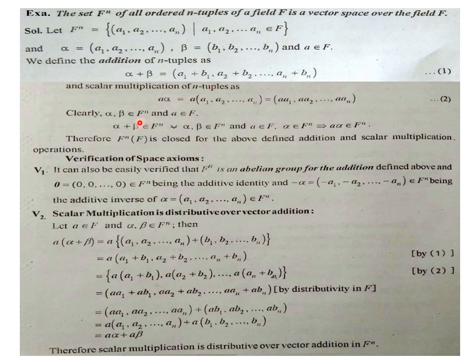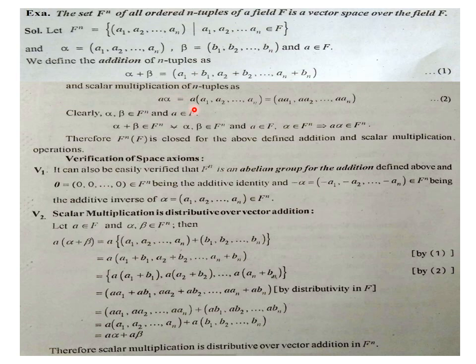Because of all this, we can say that alpha and beta added together give a result that is also an element of V, meaning F^n. That is the first binary operation satisfied. Why? Because a1 plus b1, a2 plus b2, up to an plus bn will all be elements of F. a1, b1, a2, b2 are all elements of F, so their additions must be elements of F, and if these are all elements of F, then that n-tuple is an element of F^n, meaning set V.